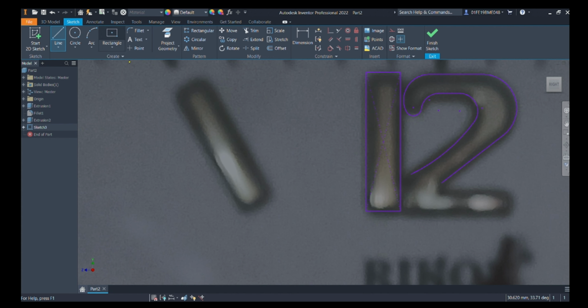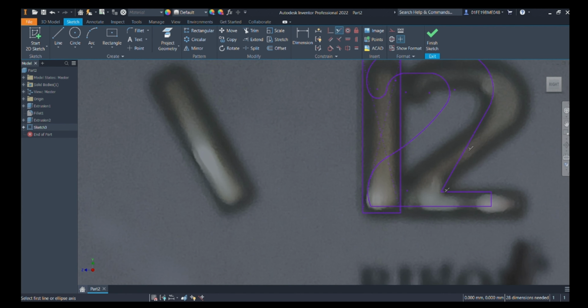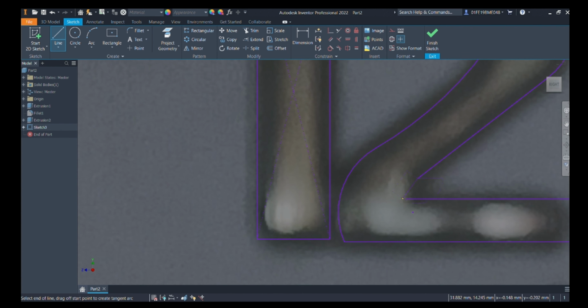We will take a rectangle, we will take one more arc. So here no need to care about the dimensions, we will just be drawing a rough figure which will later on look similar to the original ones. Again one more similar kind of rectangle we will be drawing, and then you can see that it's not in the collinear manner. So if we try to do that, it will distort the shape, so better to delete it. Then we will extend it in a collinear manner.